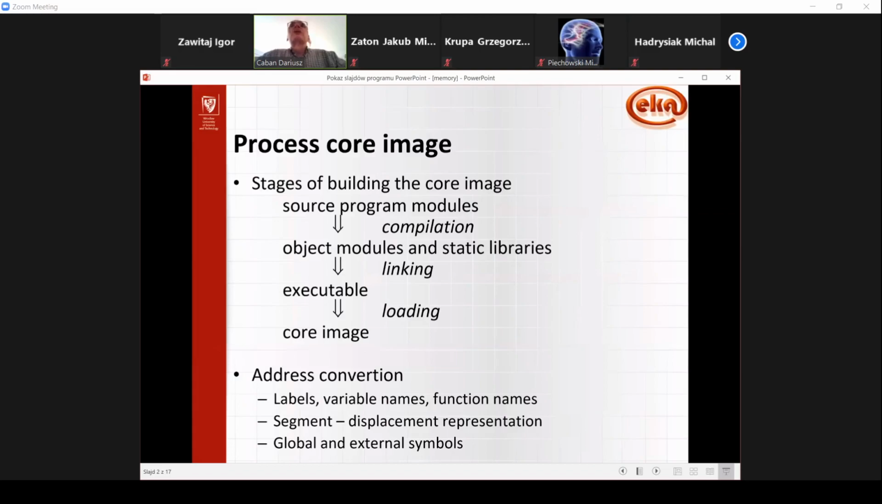Global symbols are those variables and those functions which can be referred to from outside the module. In case of C, it's simple. For the function, it's all the functions. For variables, it's all the variables which are static, declared as static, and they are declared